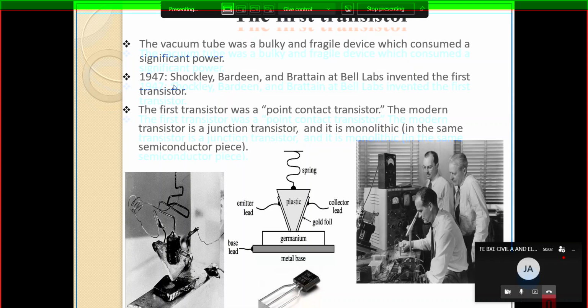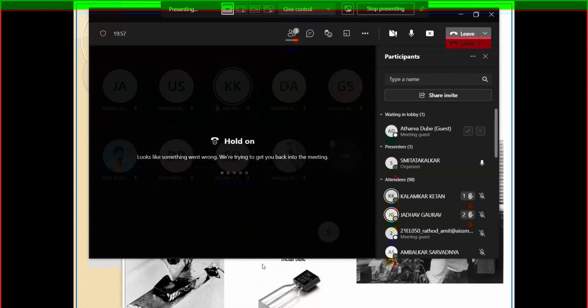In the year 1947, Shockley, Bardeen and Brattain at Bell Labs invented the first transistor. In the year 1947, the first transistor was implemented. Then what is the